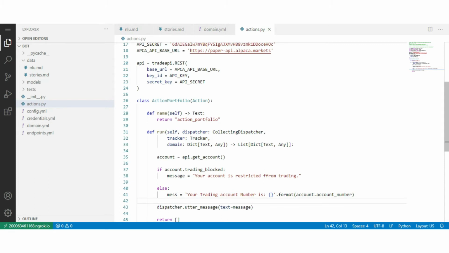Another piece of information passed to the user is the portfolio value. For that, type.